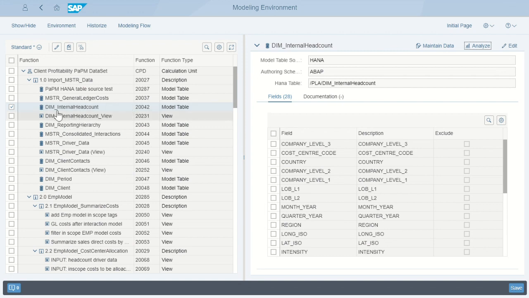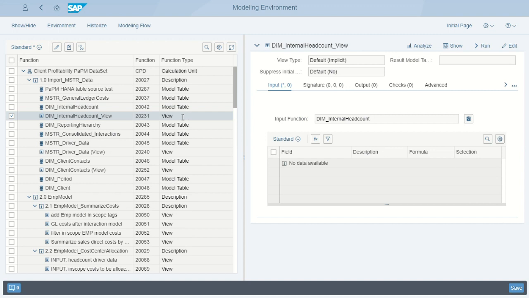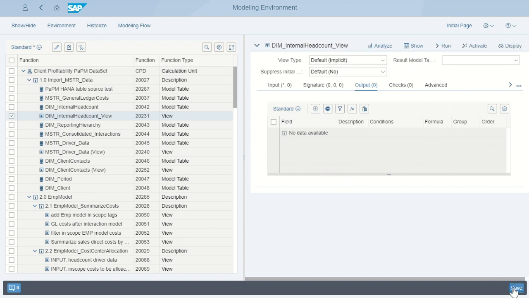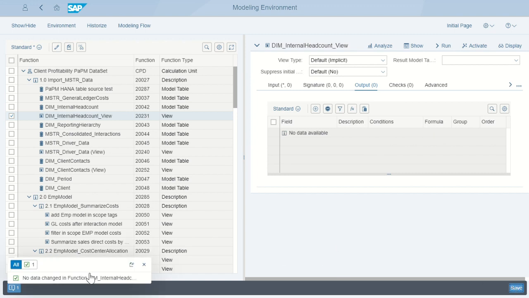This is the function I named internal headcount, and that view is basically a query. So I use that as my input function. I don't have any condition. I don't have any output formulas. I could have formulas here. It's just a pass-through. So every function in PaPM you have to save, and you're going to be presented with